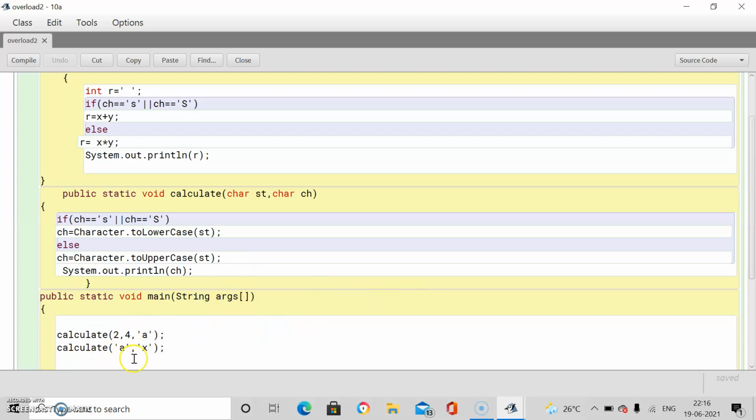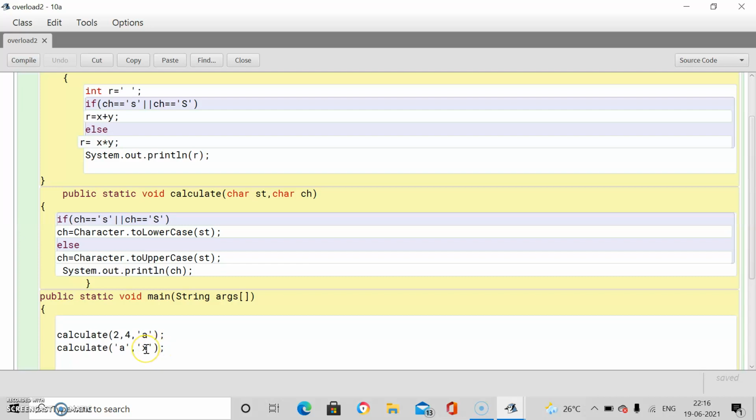Now the values we have passed in the second calculate are a and x. In this case, we have fixed values actually. I have passed the values directly so I can tell what the result will be. Otherwise, if you are taking the value from the user, you will not be able to answer beforehand, because you don't know what character will be entered by the user.